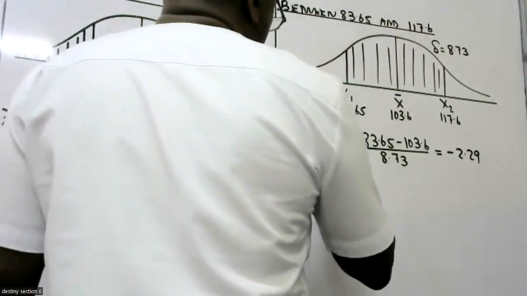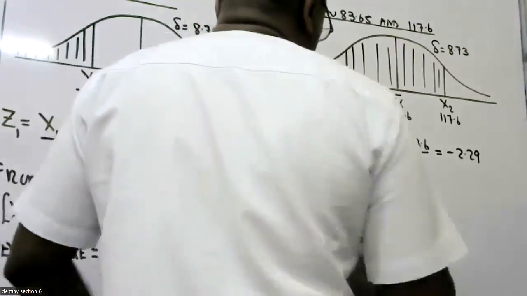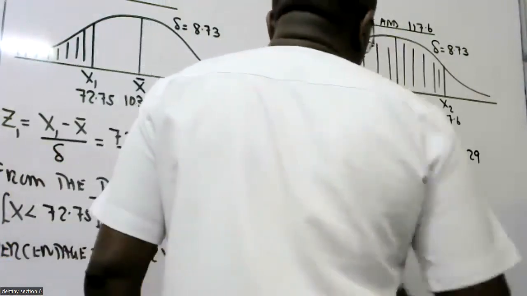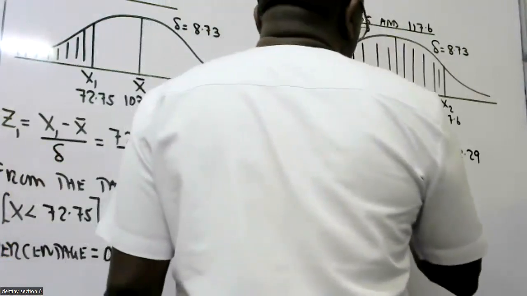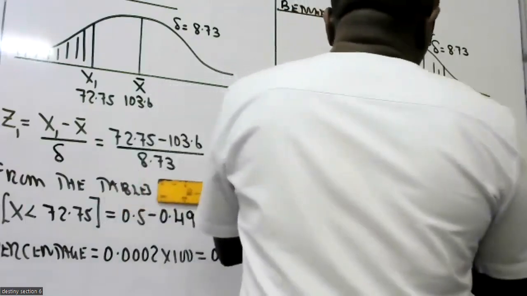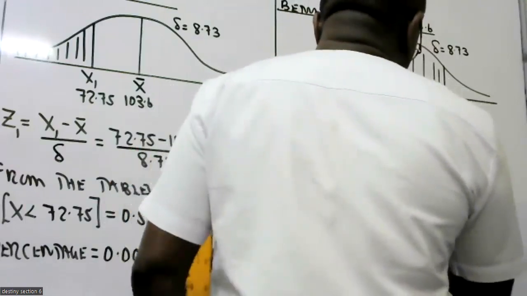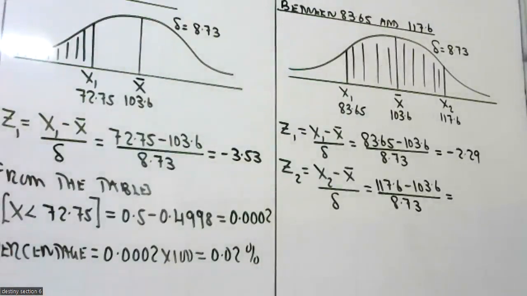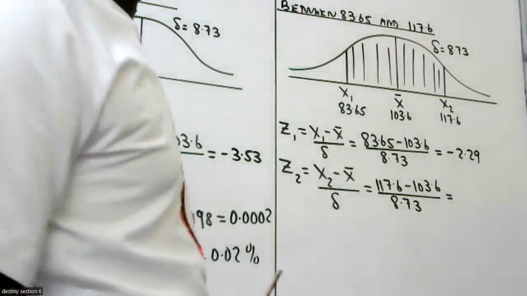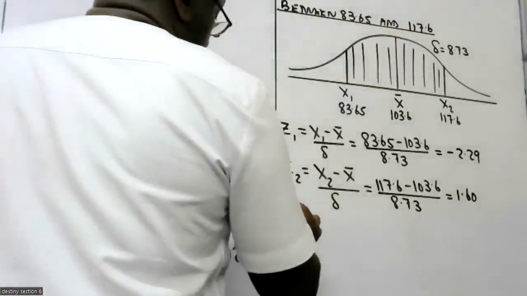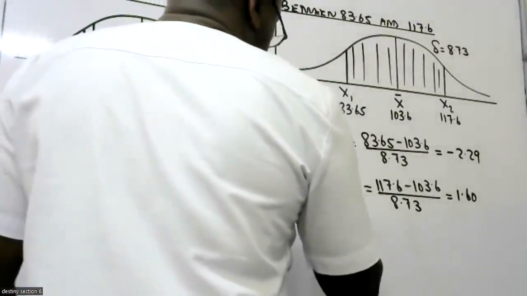Z2 will be X2 minus X bar, we divide by standard deviation. So this will be 117.6 minus 103.6, divide by 8.73. 1.60. So therefore, from the tables,